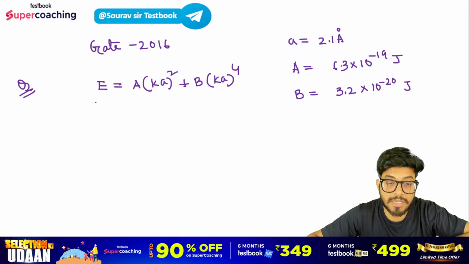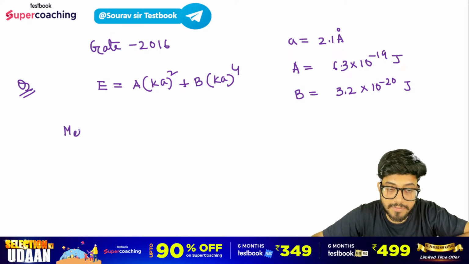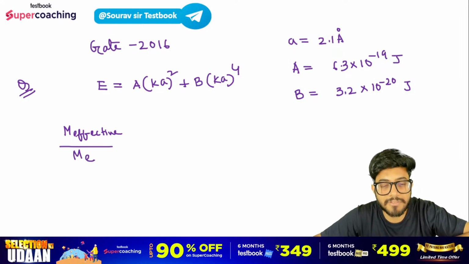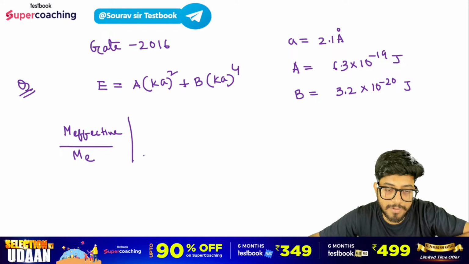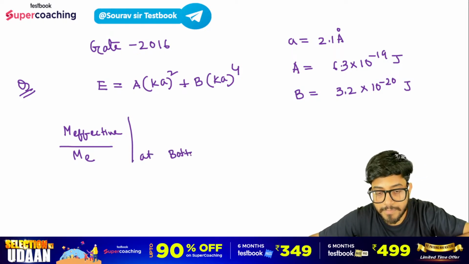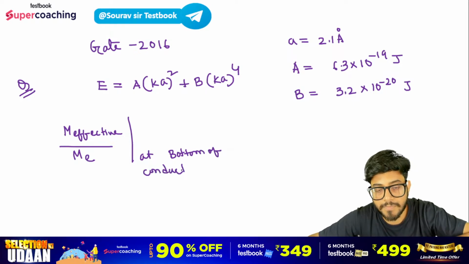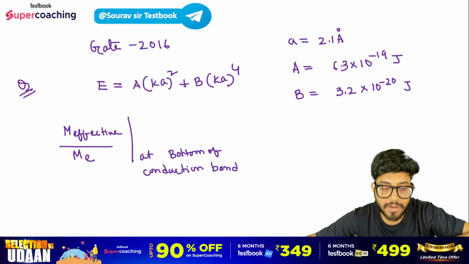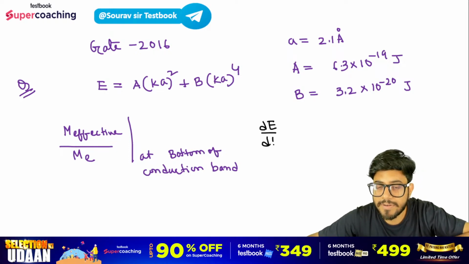टू द इलेक्ट्रॉन मास, मतलब एम इफेक्टिव बाय मास ऑफ एन इलेक्ट्रॉन। इफेक्टिव मास के इलेक्ट्रॉन मास का रेशियो एट बॉटम ऑफ कंडक्शन बैंड। तो भाई साहब जरा यहाँ पे देखना कि अगर E कह दिया गया हो तो आप डी ई डी के का वैल्यू निकाल सकते हैं।